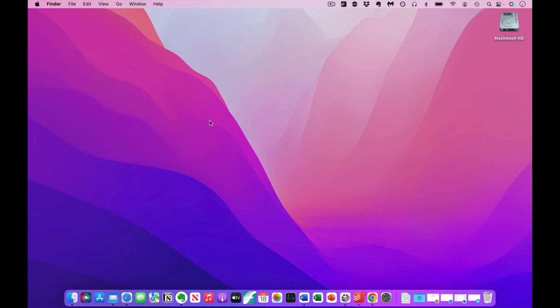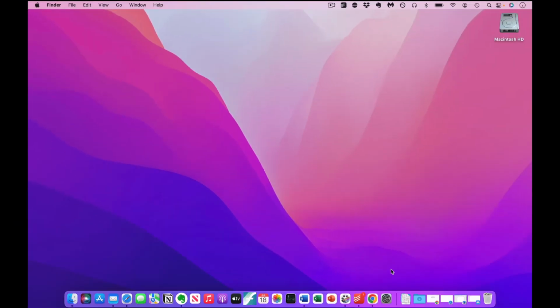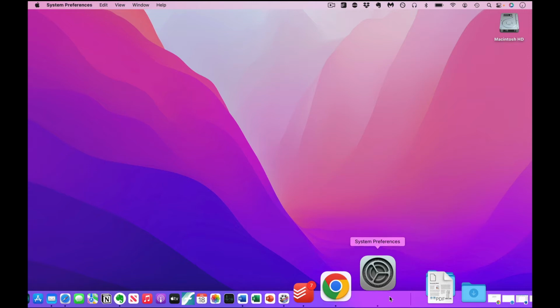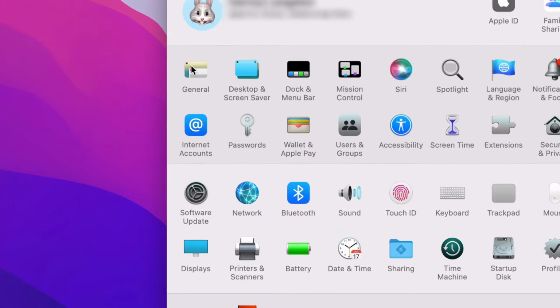You go to System Preferences by either clicking the apple in the upper left-hand corner and selecting System Preferences, or accessing it through the dock. Once you click on System Preferences, click on General,